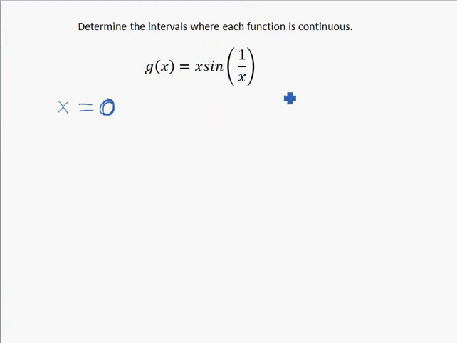it's defined. So since it's continuous everywhere it's defined, and it's defined everywhere except for 0, then it must be continuous everywhere except for 0. So that's what we're going to write. G of x is continuous